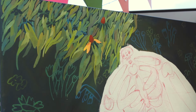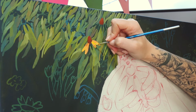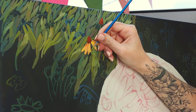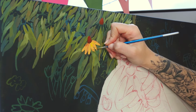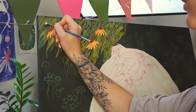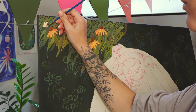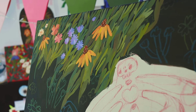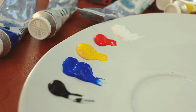Well, from this point, I'd been painting the meadow for several days, filling it slowly, piece by piece. I'm usually a pretty impatient artist and tend to get bored painting too similar, too repetitive elements. And to keep the process engaging, I decided to work in small but fully painted sections. I'd start by filling each block with grass and leaves,